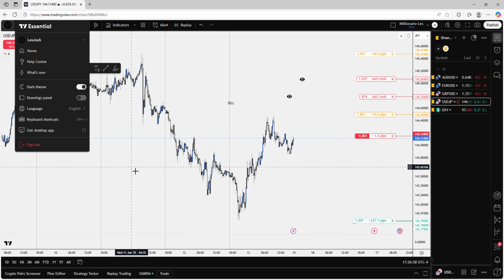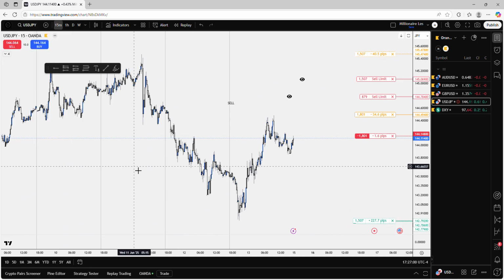All right, so I realized, why am I doing a weekly recap when I post my trades every single day? So there'll be no more weekly recaps, due to the fact that I do post my trades every single day. So I'm just going to go into next week's outlook for the trading week.